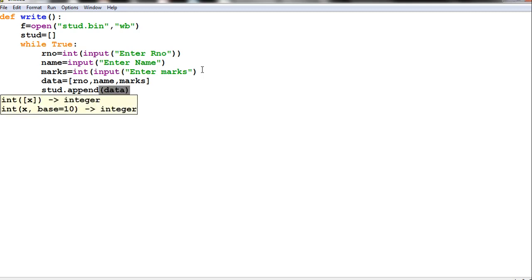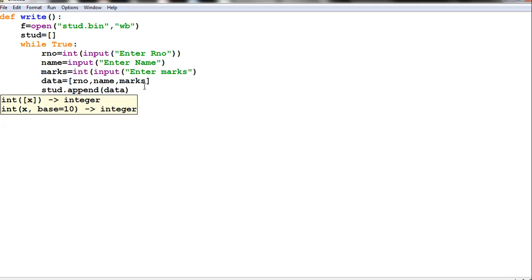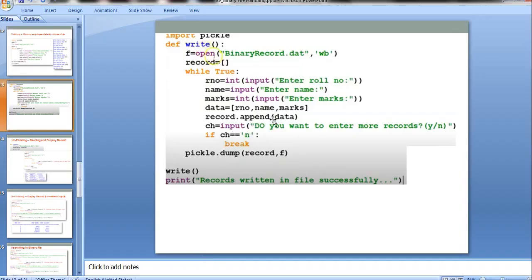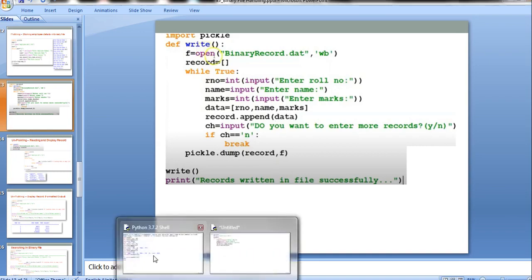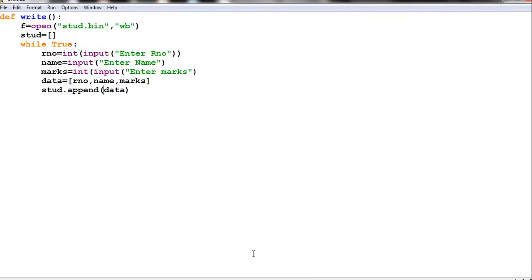Keep on appending it. What is it showing, append data? What is this, stud dot append data? What is the logic? Exactly the same thing. What is the problem there? Okay, let us check what problem it is showing. So stud dot append data.